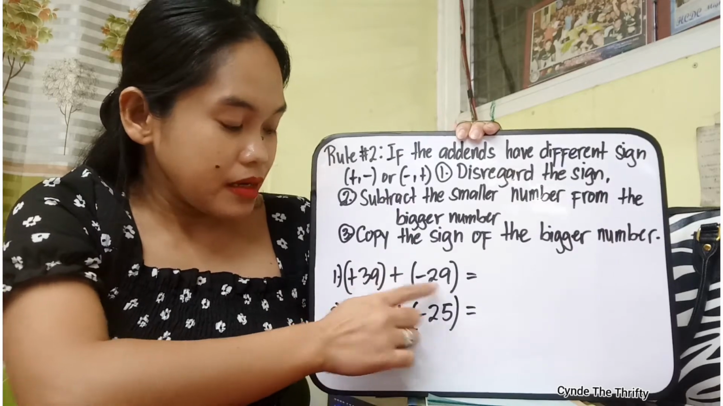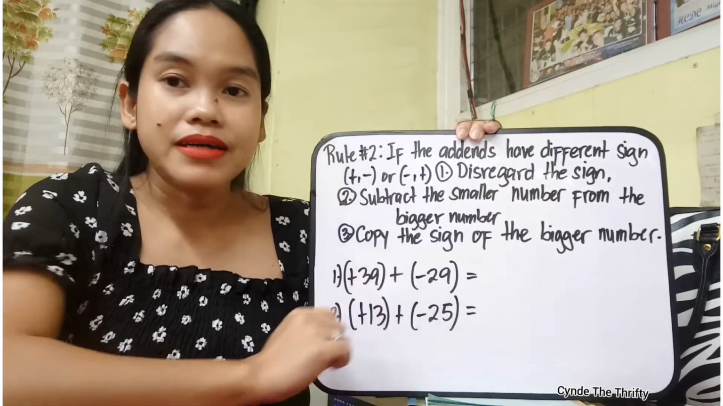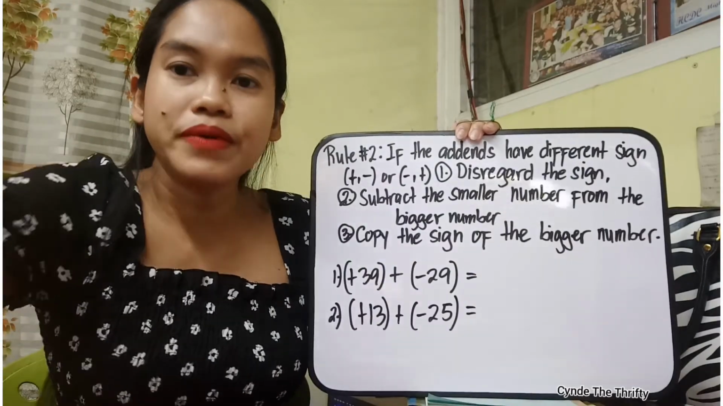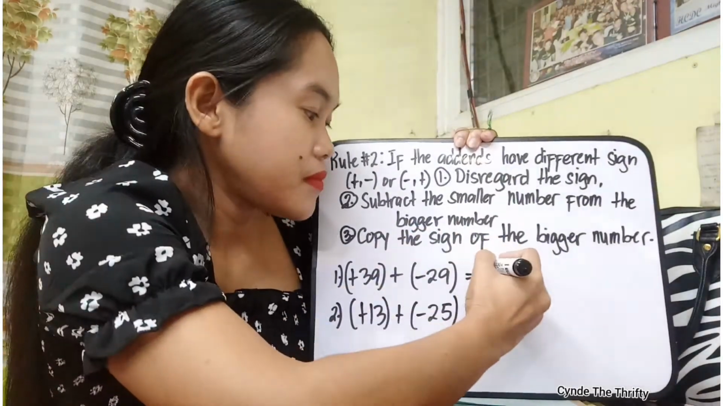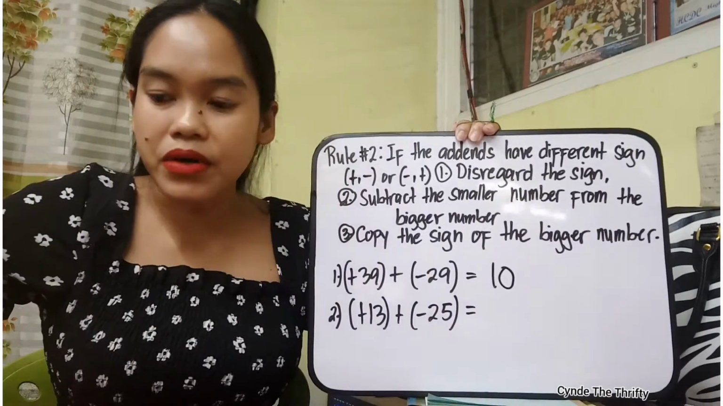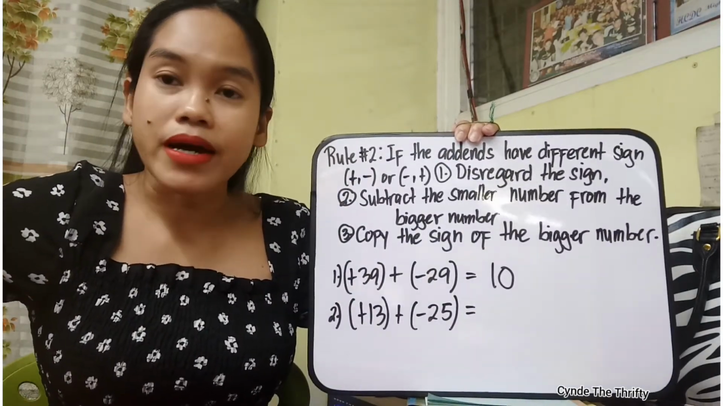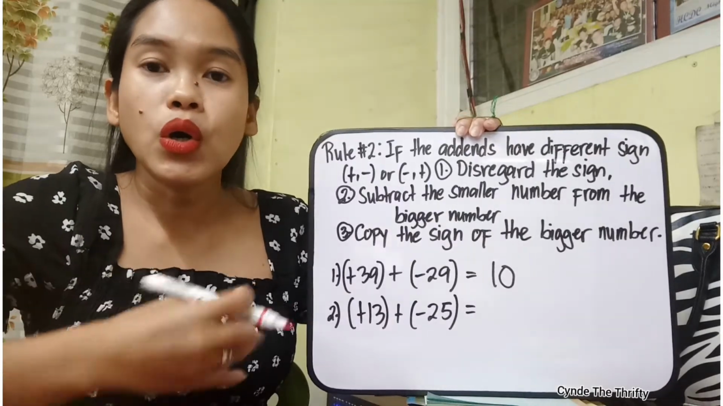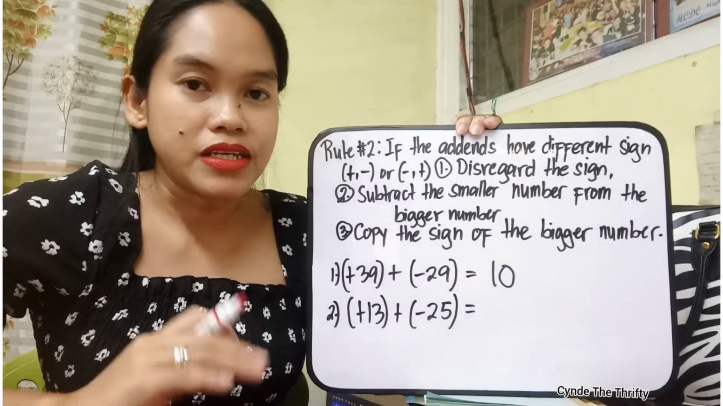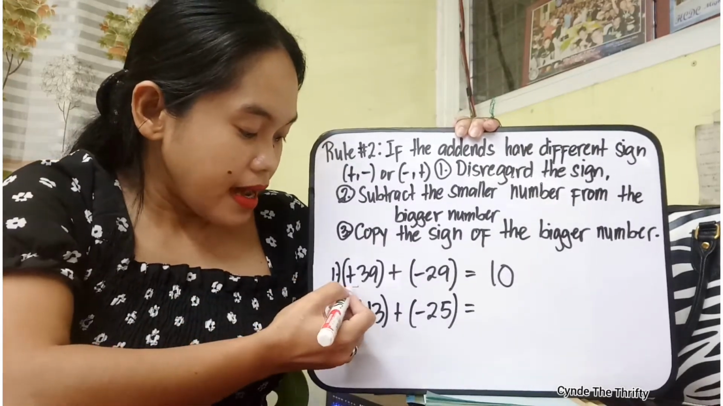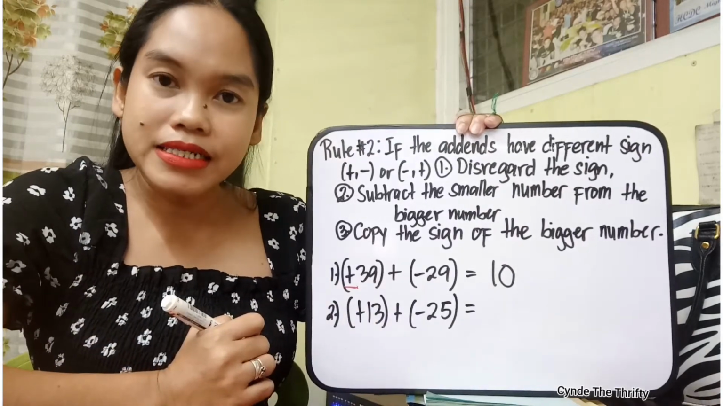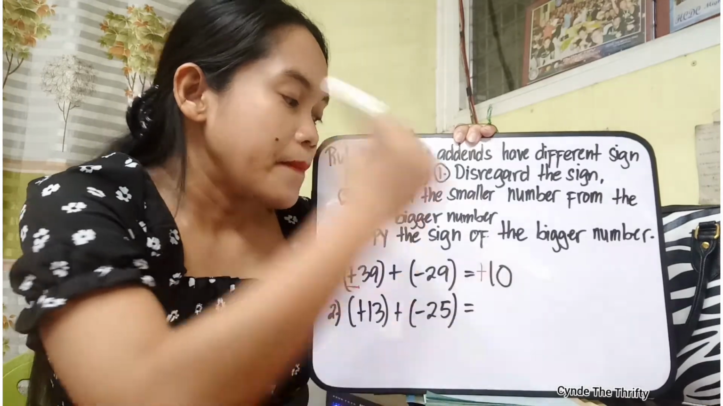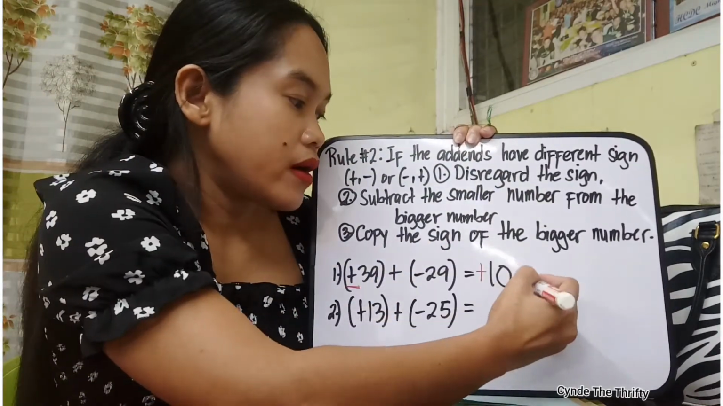So, ibig sabihin, magiging 39 minus 29. So, 39 minus 29 is equal to 10. Susulat natin ang ating sagot. And pagkatapos nating i-subtract ang smaller number from the bigger number, ano yung gagawin natin? Kung ano yung sign ng bigger number natin, yun ang kokopyahin natin. And since ang sign ng ating bigger number is positive, ibig sabihin, ang ating sagot is positive 10 or